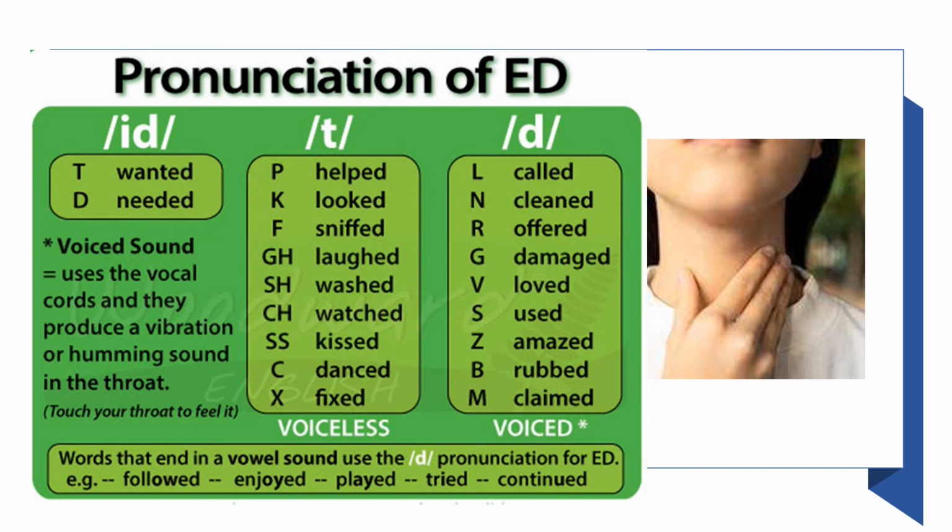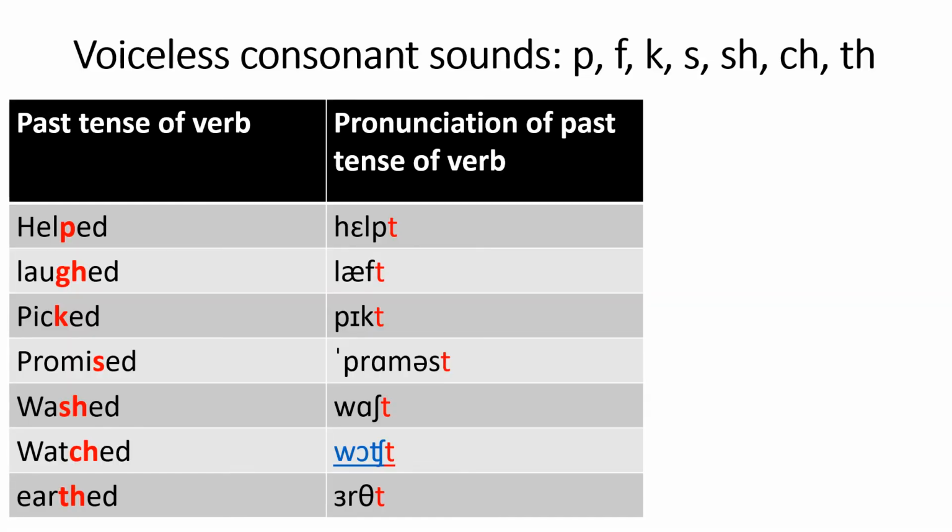So after a vowel sound, the ed will be pronounced as d, such as followed, enjoyed, played, tried, continued. Here are some more examples for voiceless consonant sounds: helped, laughed, picked,